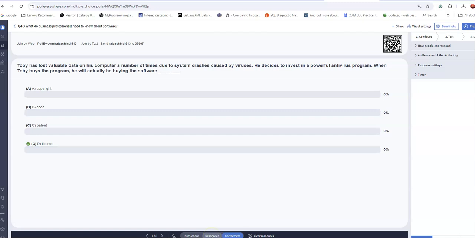Nowadays all these licenses are connected to one user account. You probably noticed that when you download Microsoft Office, it requires you to sign in to activate these applications. So basically you would actually be buying the software license.